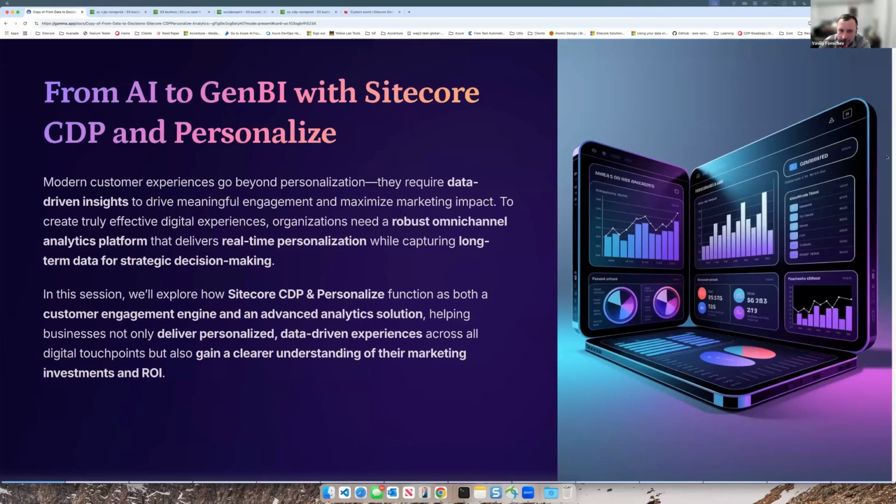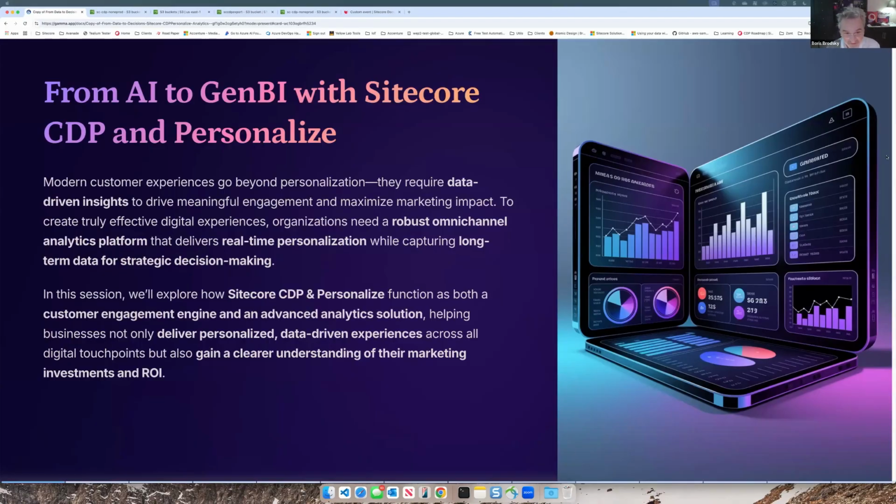Yep. Okay, so we're gonna pivot a little bit, and we're gonna apply AI to analytics now. We're going to look at how to go from AI to GenBI. GenBI sounds cool, and it's a new thing people are talking about nowadays. It's essentially AI for BI, and it's not as simple as ChatGPT. There are differences between GenBI and your typical ChatGPT, and we're going to look at it later on. The idea is that you can take your analytical data and analyze it just outside of typical Power BI